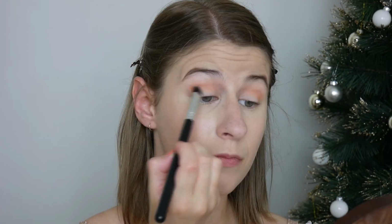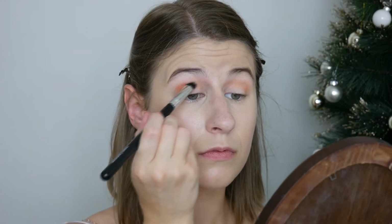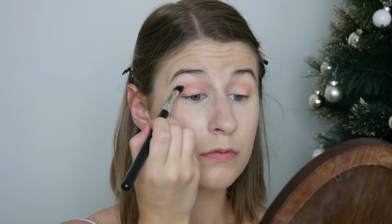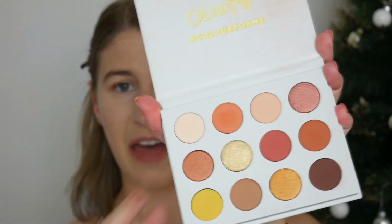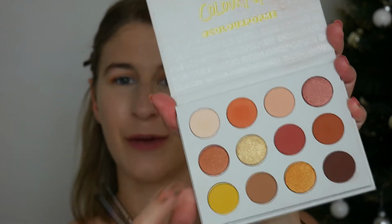I'm just going to use an angled eyeshadow brush for that one. Just take a tiny bit at a time. I'm not sure if it's the brush or the shadow, but this one seems a lot less powdery than the last two. I think this shade here would go really nicely with what I'm wearing so far, but I'm actually